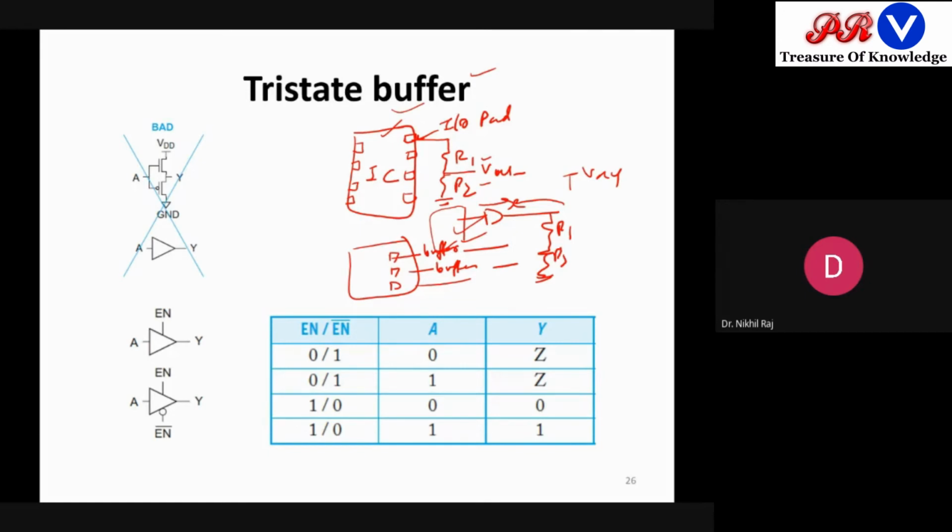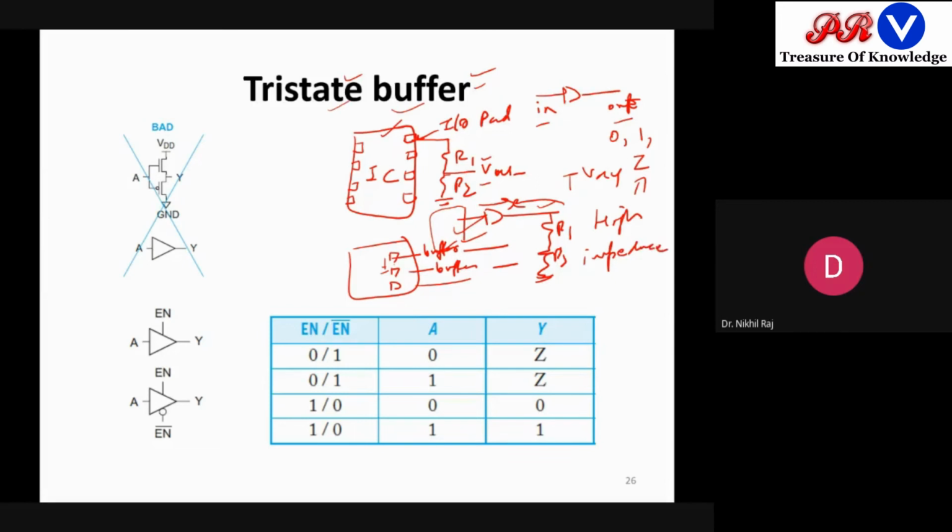Now how can we realize these buffers? You can also call the buffer a voltage buffer, because whatever voltage is generated at the IO pad, we transmit to the output. So we also call it a voltage buffer. Now, the tri-state buffer: generally, a buffer has an input and an output, only two levels. This means we have either logic 0 or 1. But in a tri-state buffer, we have a third logic level, called Z. Z is called high impedance.